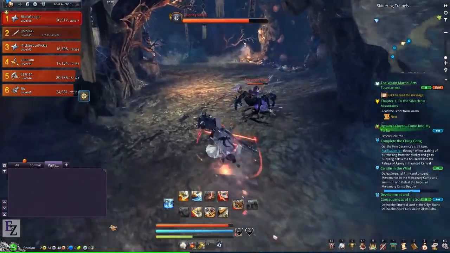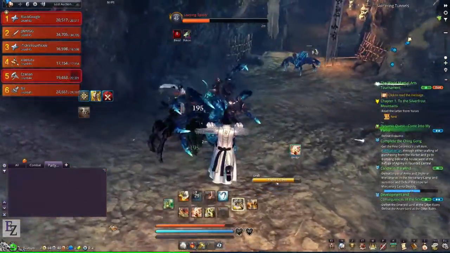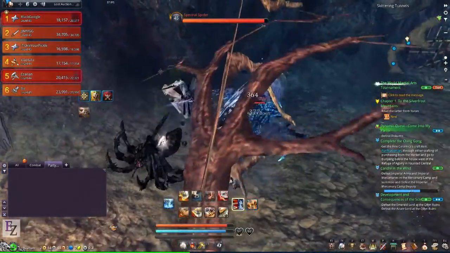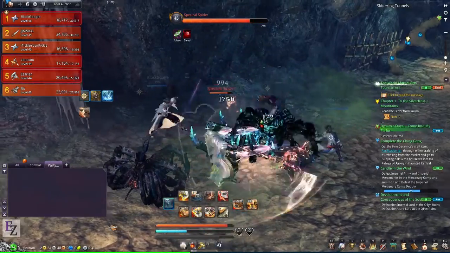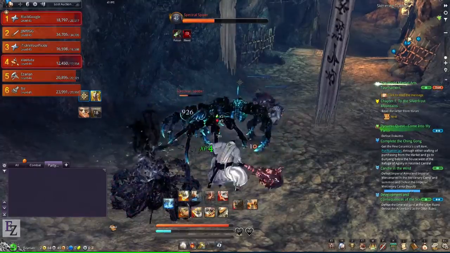I'm running the Spider's Queen dungeon, one of the big 4 dungeons that has been introduced into Blade and Soul, and this is some beta footage, as you can see here. I think they actually call this the Skeltering Tunnels, if I'm not mistaken. I usually just call it Spider's Queen Nest or something like that, which is what it's known as on the JP server